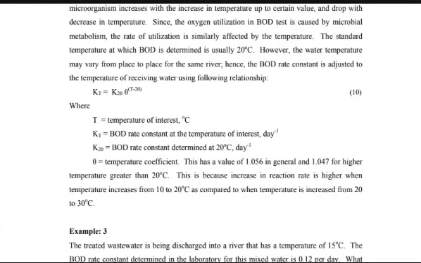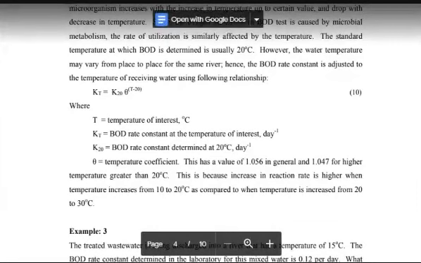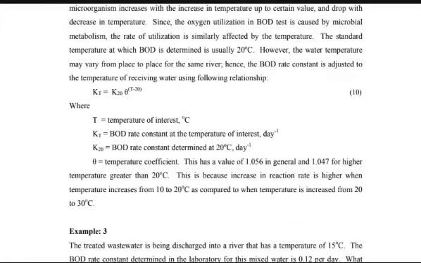So we would like to know the value of the rate constant at that temperature, and for that we have a formula. You see here on the screen, k suffix t is equal to k suffix 20, meaning the value of k at 20 degrees Celsius, which is a constant, which is given, or we can say it is a reference k, multiplied by theta to the power (t minus 20). And theta is what? It is the temperature coefficient. So what is the value of the temperature coefficient? The temperature coefficient is